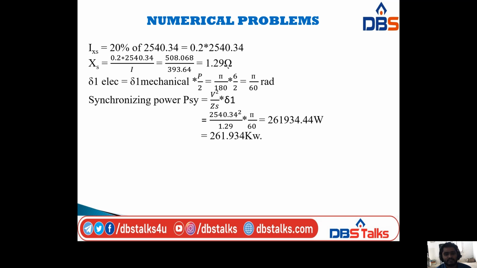You already know the formula, that is synchronizing power P sub s is equal to V square by Zs into delta dash. You can also use the formula E into Is into delta dash, and you will get the answer. Here I am taking V square by Zs into delta dash. So that is equal to V, which they have already given, that is